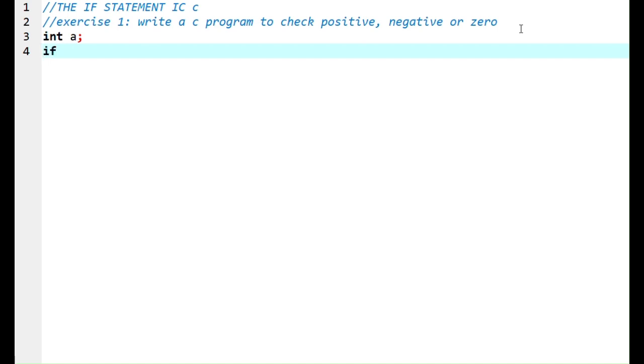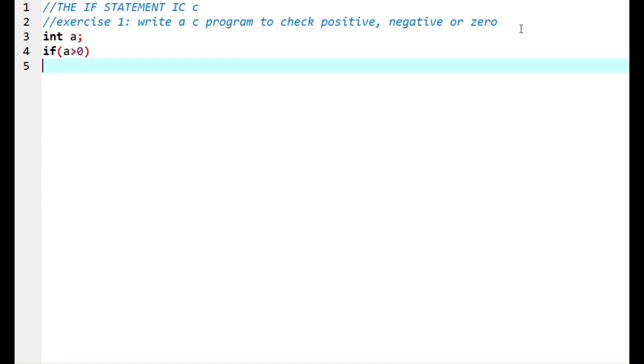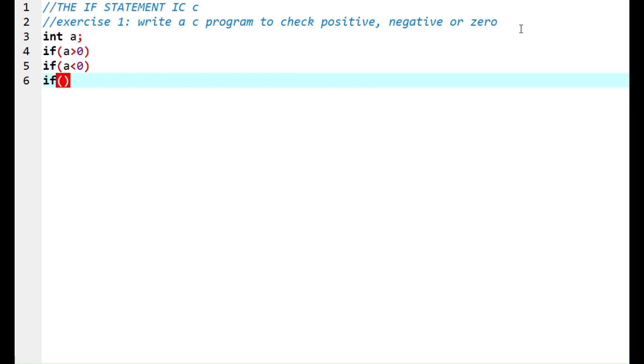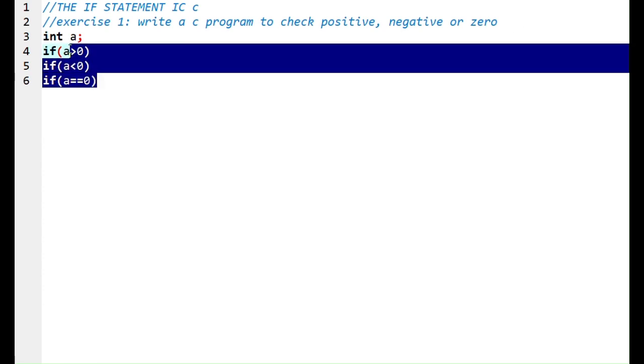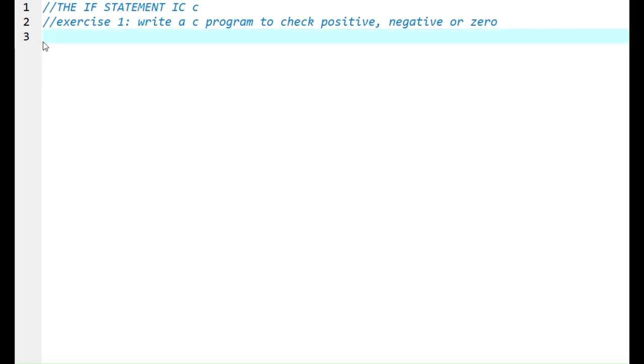First time, if a is positive, greater than 0. Then if a is less than 0, if a is negative, and if a is equal to 0. Let's write the code to see the result, and let's start with hashtag include